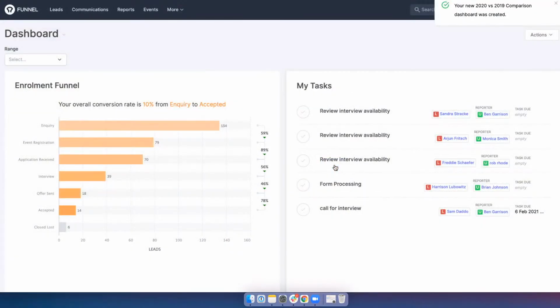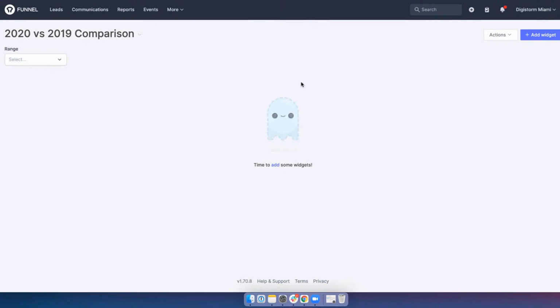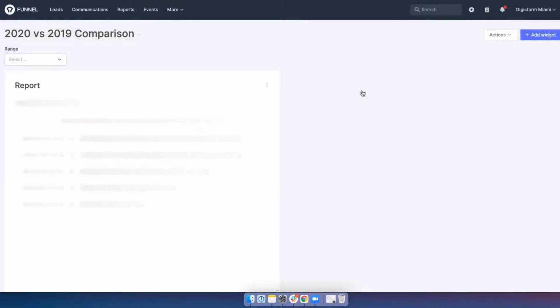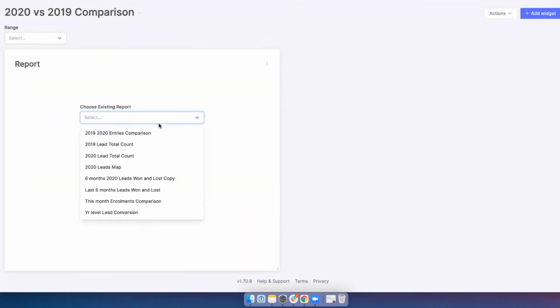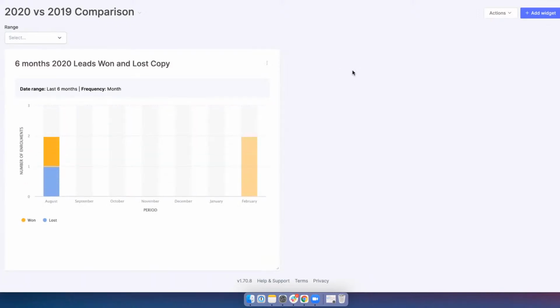And this is where you can really start building out all of that reporting and comparison together and visually see that on the one dashboard. So now that I've got all my reports built, it's nice to go back, create your dashboard, and then it's easy to just simply select and add those pre-created reports to the one dashboard. So my report here, I'll add that widget. I'll choose any existing report that I created. For example, I'll do the won and lost reports. So I'll add that one,